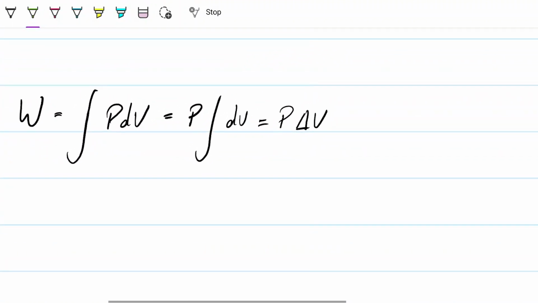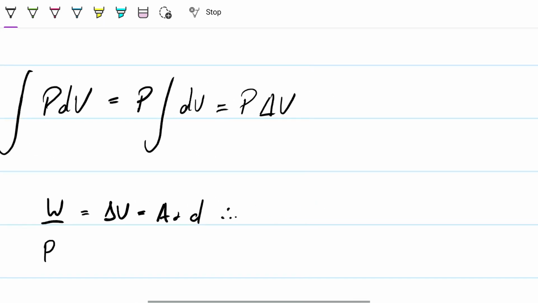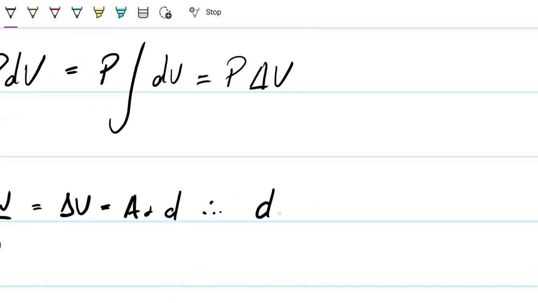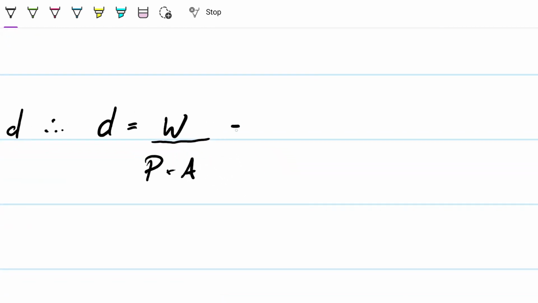So if I go here and substitute this, we have work divided by my pressure will be equal to my delta V, and my delta V is equal to my area times my distance. That means that if I'm looking for my distance, all I need to do is grab the work, divide it by the pressure, and divide this whole thing by the area. Okay, all things that I have. So this is